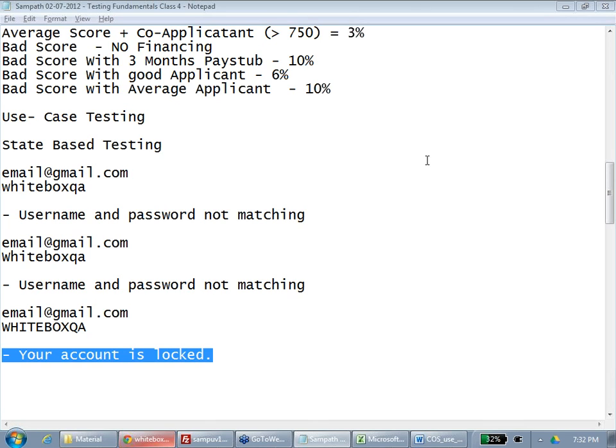So these are different states of that entity or that functionality. So it's not only about valid and invalid. Depending upon the state of the functionality, the test case changes. So you need to see how many states the functionality can be in, and you need to test depending upon the state. What is this called? State-based testing.